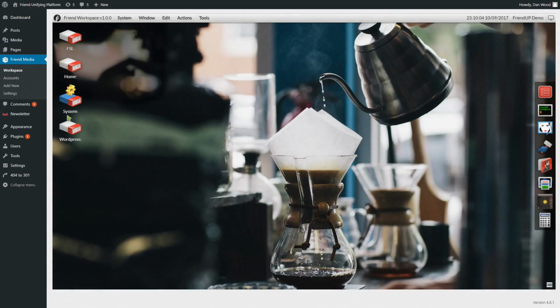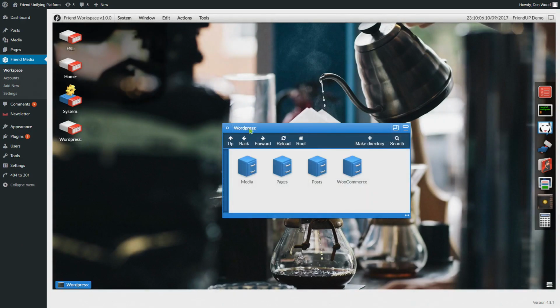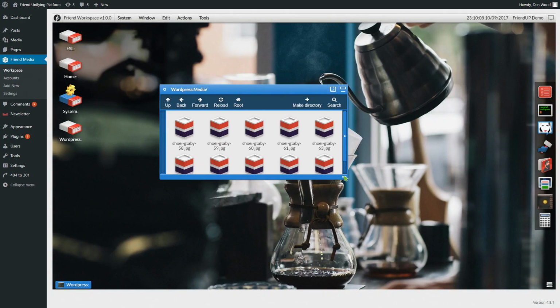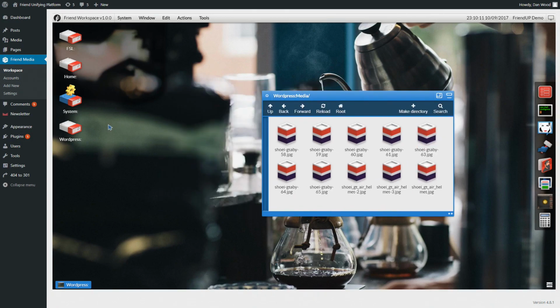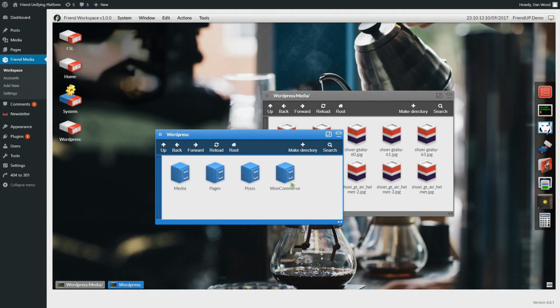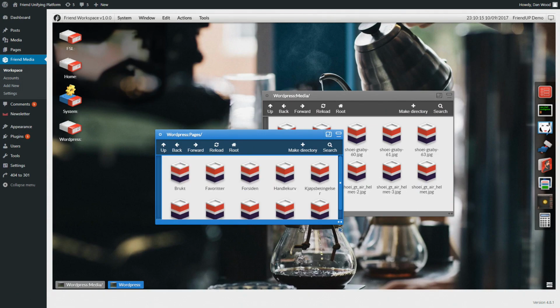I had a website open in one tab. In another tab, you actually get the Friend desktop embedded into the WordPress backend, into the dashboard. That's insane. Yeah, so you can drag and drop with a mouse. Essentially, you can use WordPress and access all of your media library and everything, pretty much like a folder-based file system. And they just dragged a picture of a motorbike into a folder, and it appeared on the front page of this website. So, because one of the problems is it can be a bit clunky with widgets and things like that, it's all drag and drop now, by the sounds of it.